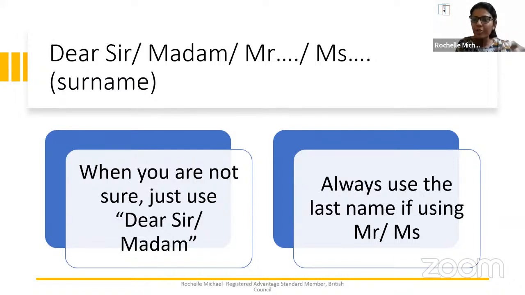But then again, they will know that your formal writing skills are not on point. That is something they will get to know if you just put dear Miss Rochelle, or if you just address the person by the first name. Okay, so if you don't know, safest option, dear sir, madam, and always make sure to put a comma. Now, these are small things I'm just going to tell while presenting, though it's not on the screen. I've seen emails, people writing to me, or even when I correct some of my students' emails,